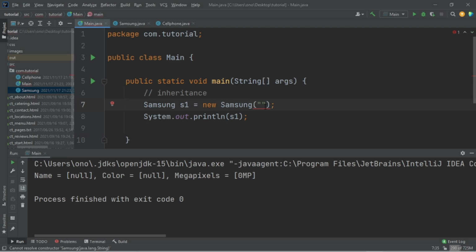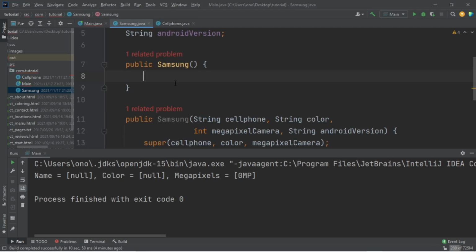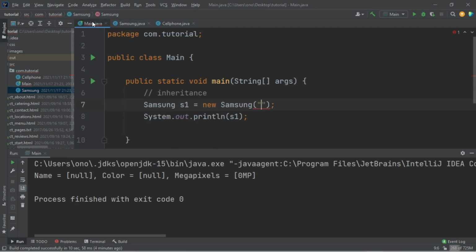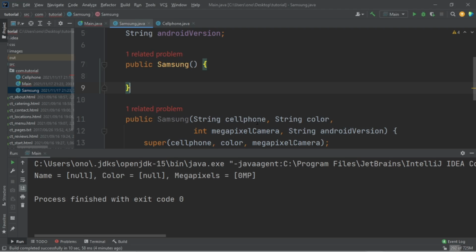As you can see, we're getting an error here when we try to add one argument because we don't have a constructor for one argument. So we can actually add as many constructors as we want in a class. So that's another thing I wanted to tell you guys. You can add a one-argument constructor, you can add a 2-argument constructor or 3, it doesn't matter, it's all up to you. So here, if we go back, we need to add in a cell phone